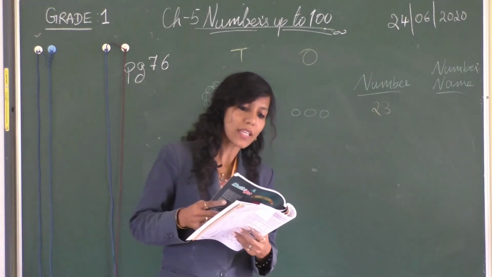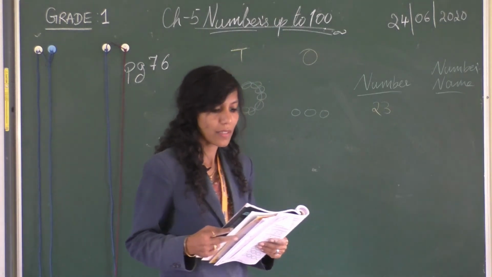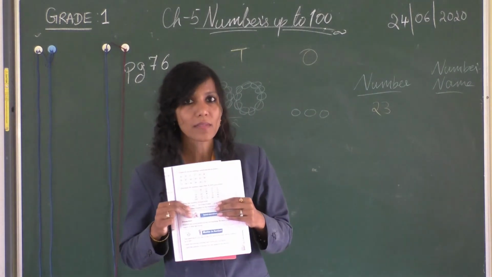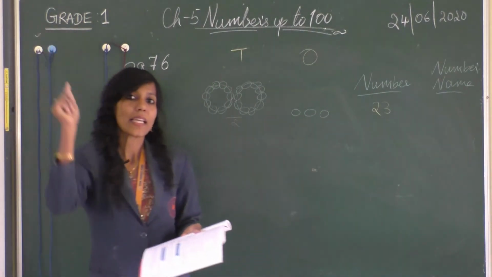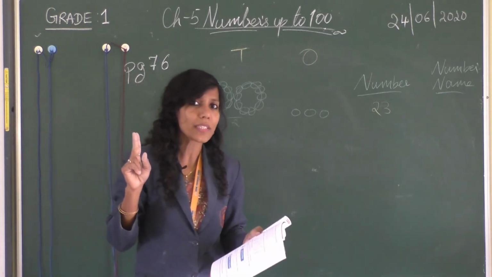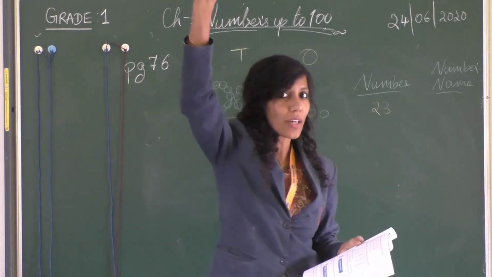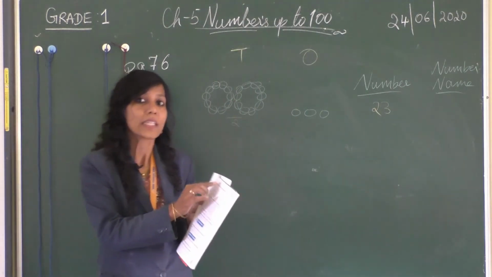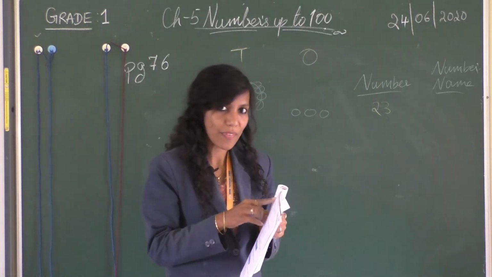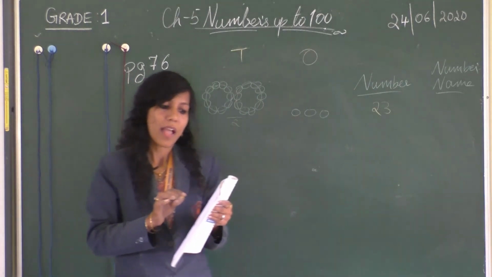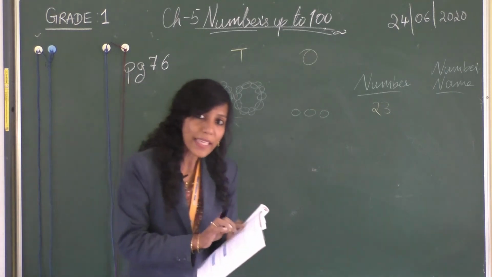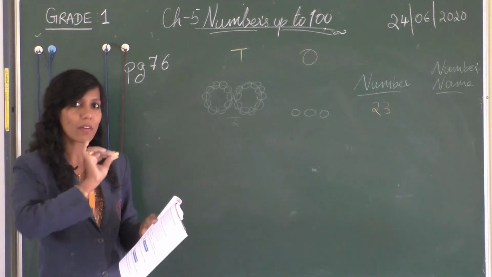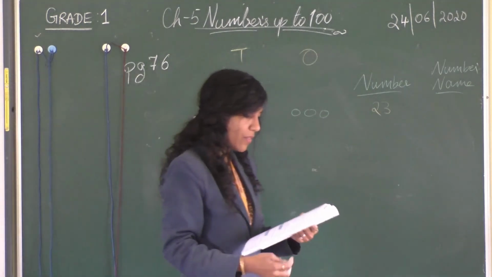Next, cross out the numbers which are not in order. Here they have given you 3 sets of numbers and you have to see whether each is in one order. What are the 2 orders? We have ascending order as well as descending order. So you have to see the first one, is it in ascending or descending? If yes, just write which. And for the next one, if it is neither in ascending nor in descending order, just cross out. That's it, cross out. Finish.